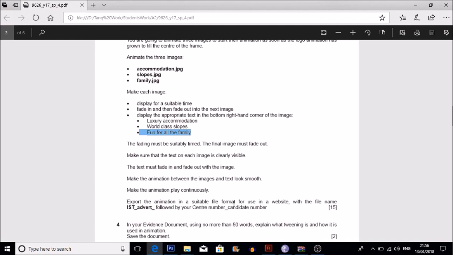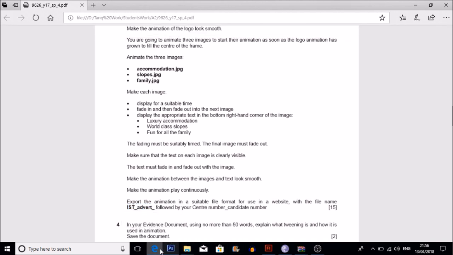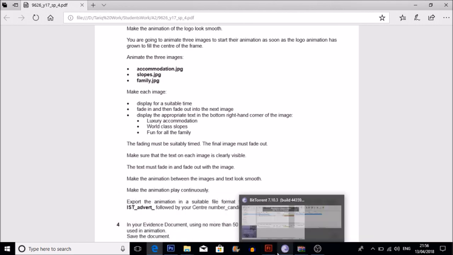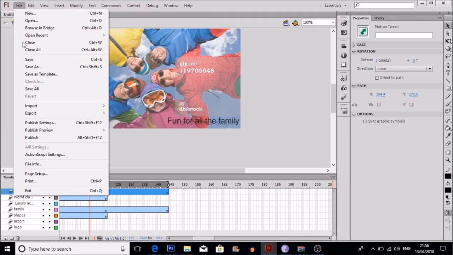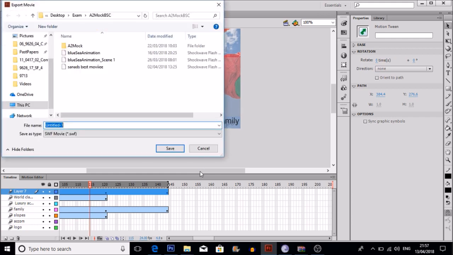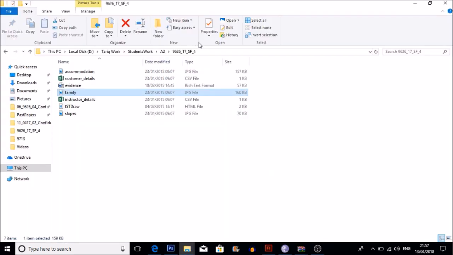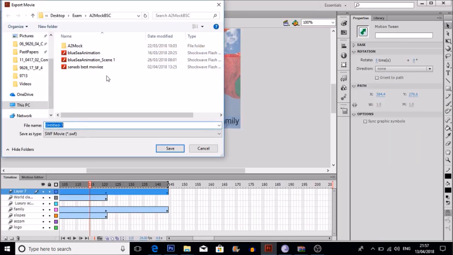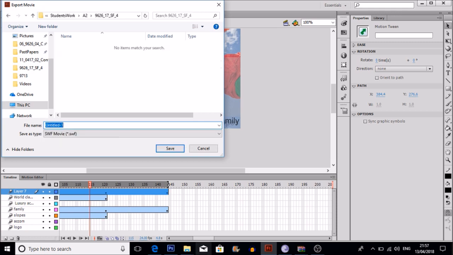Export the animation in a suitable format using a website with the file name istadvert followed by your center number and candidate number. The suitable file is SWF. SWF means shockwave file. So we go to File, Export, save export movie. Make sure that it is SWF. I will save it at this folder, same folder. I will take the path, go back to the name, IST advert,